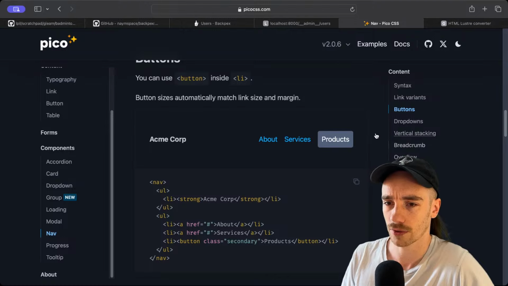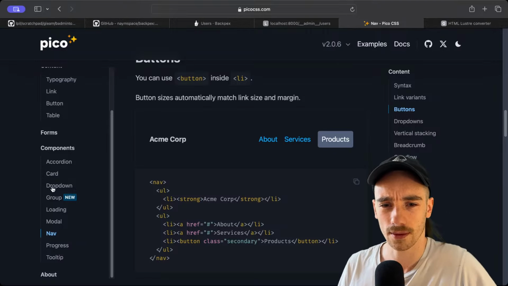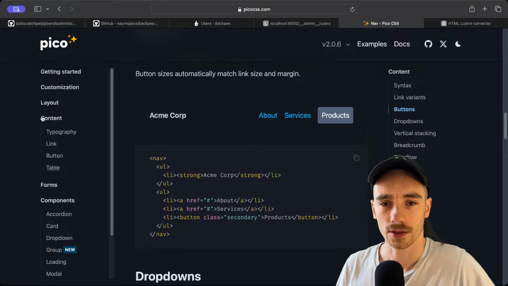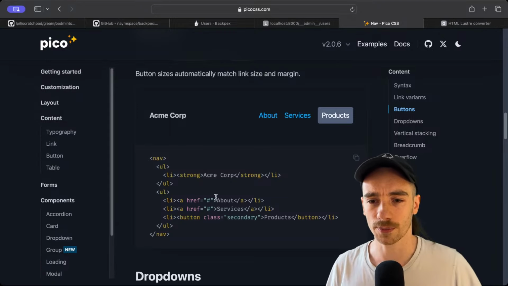Vertical snapping, breadcrumbs. This looks nice. I like this. This looks really good. Is there something for headings and stuff? Typography. Okay, well let's just put